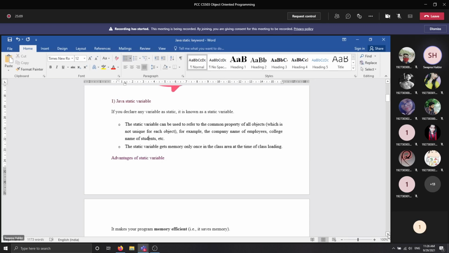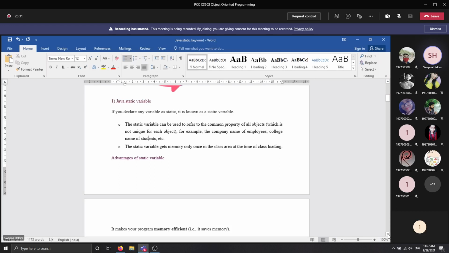That means there is a case for memory wastage. Look at this, the department name is CSE. This is common for all the students. So whenever you are creating the object, you don't need to allocate separate memory for storing the department name.